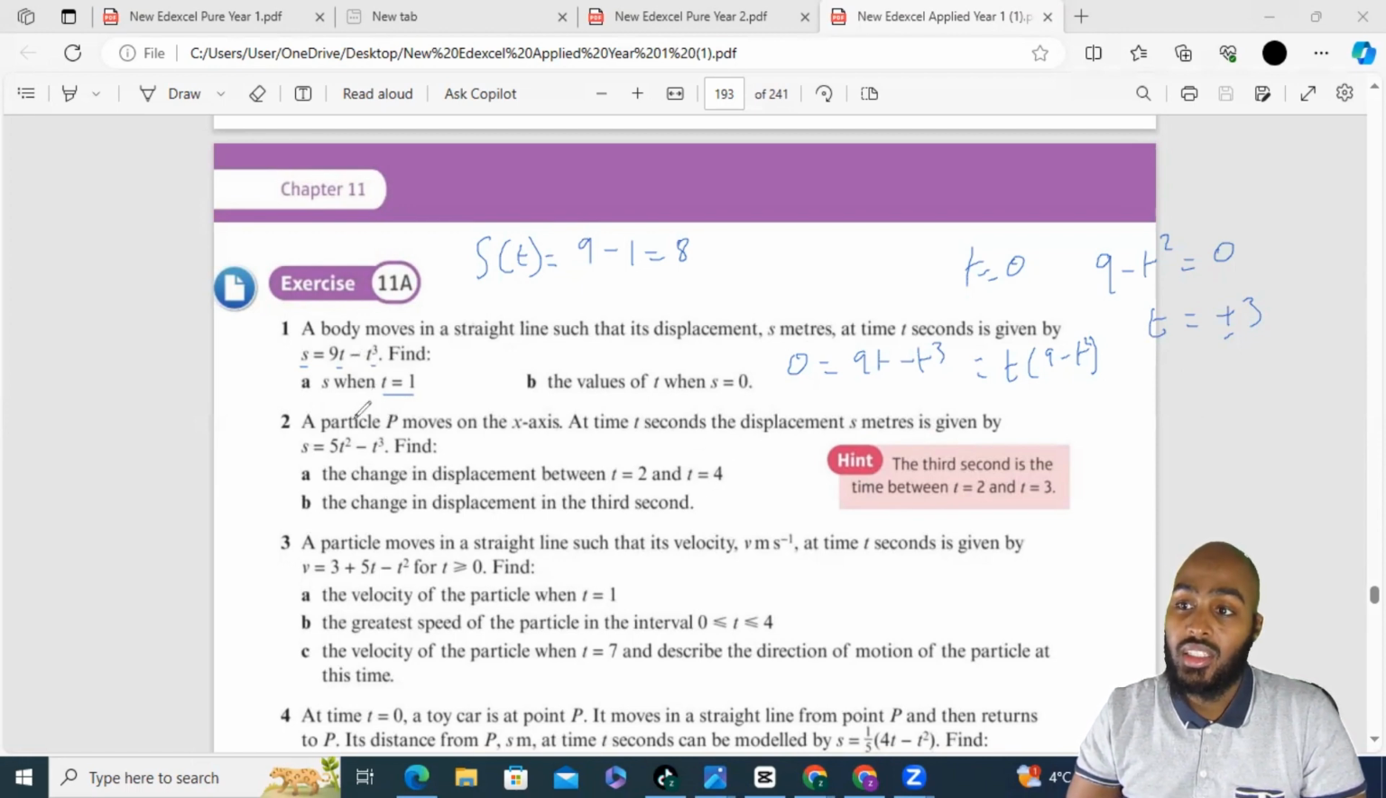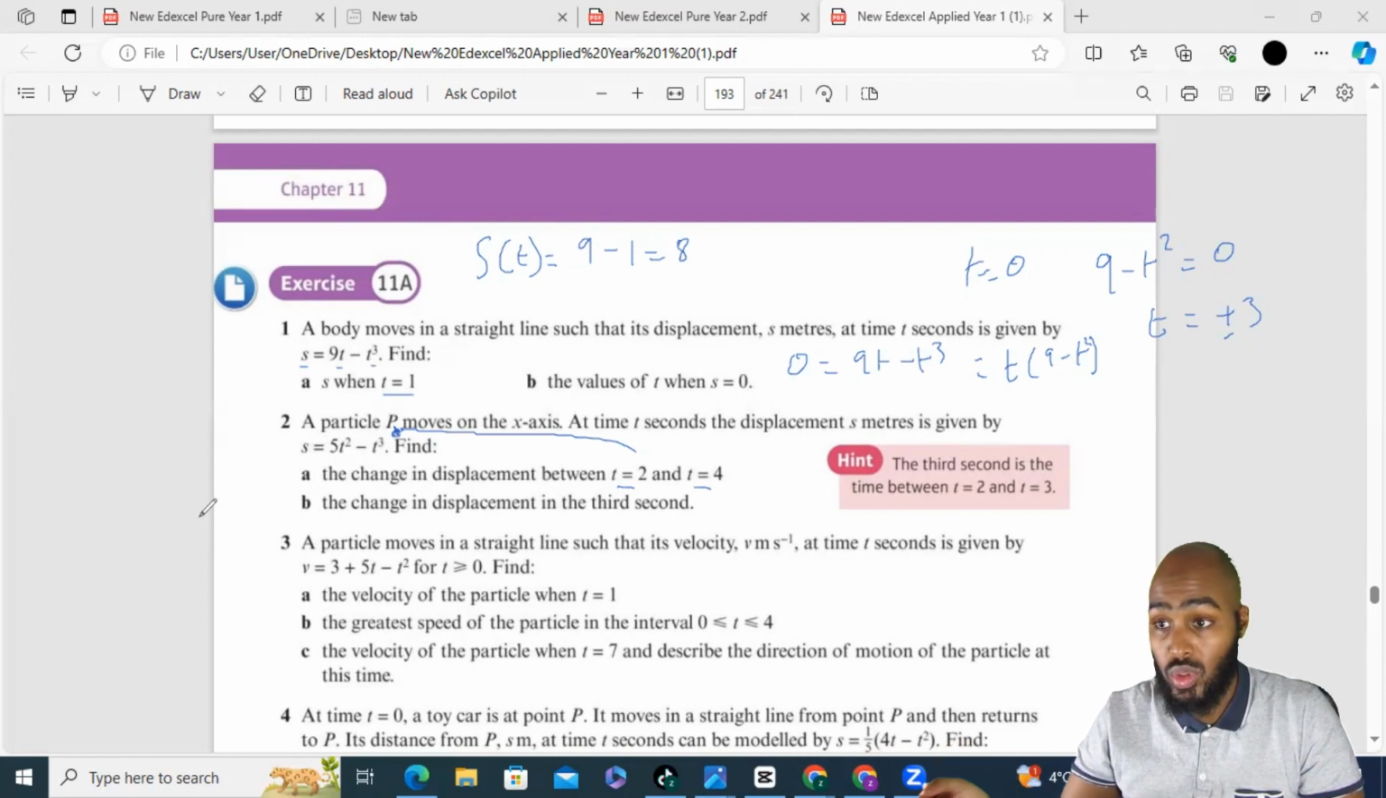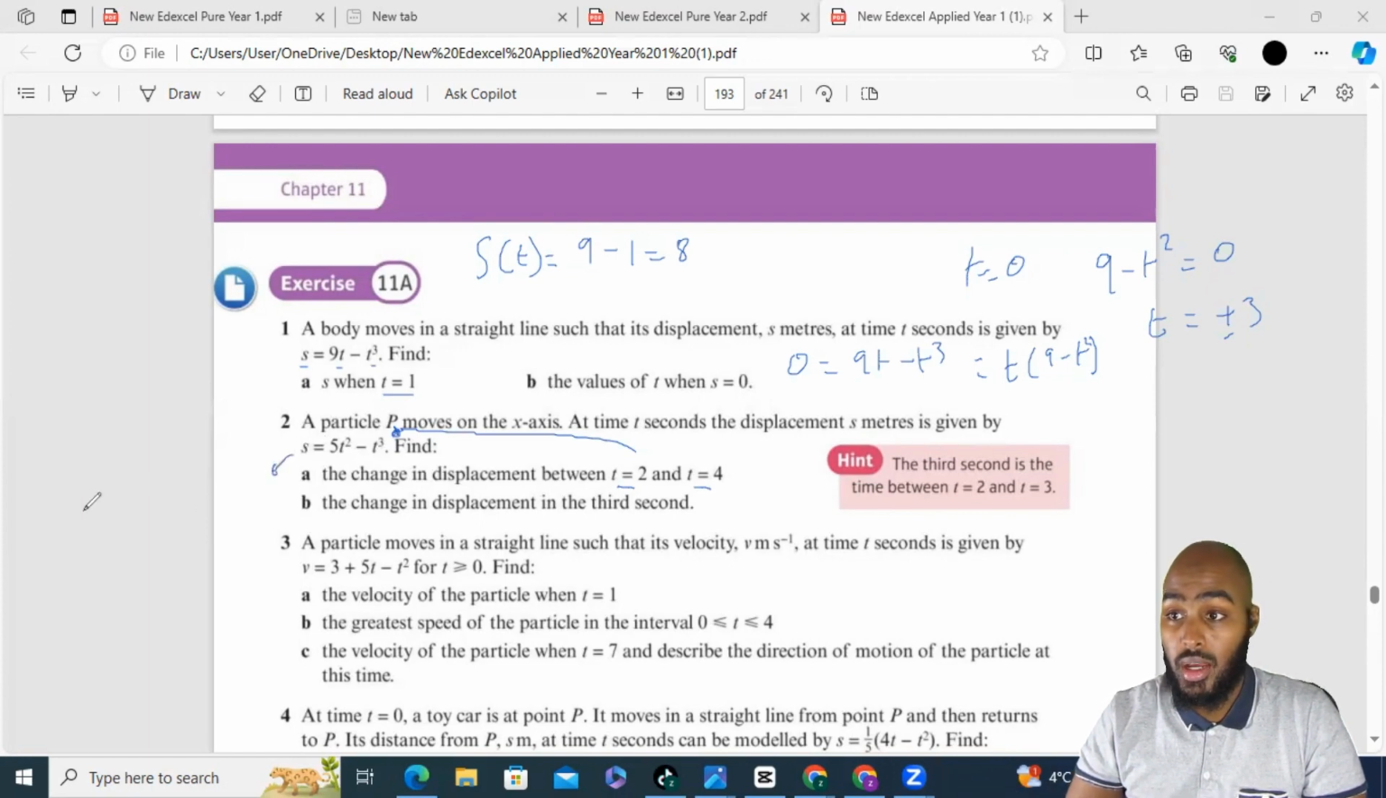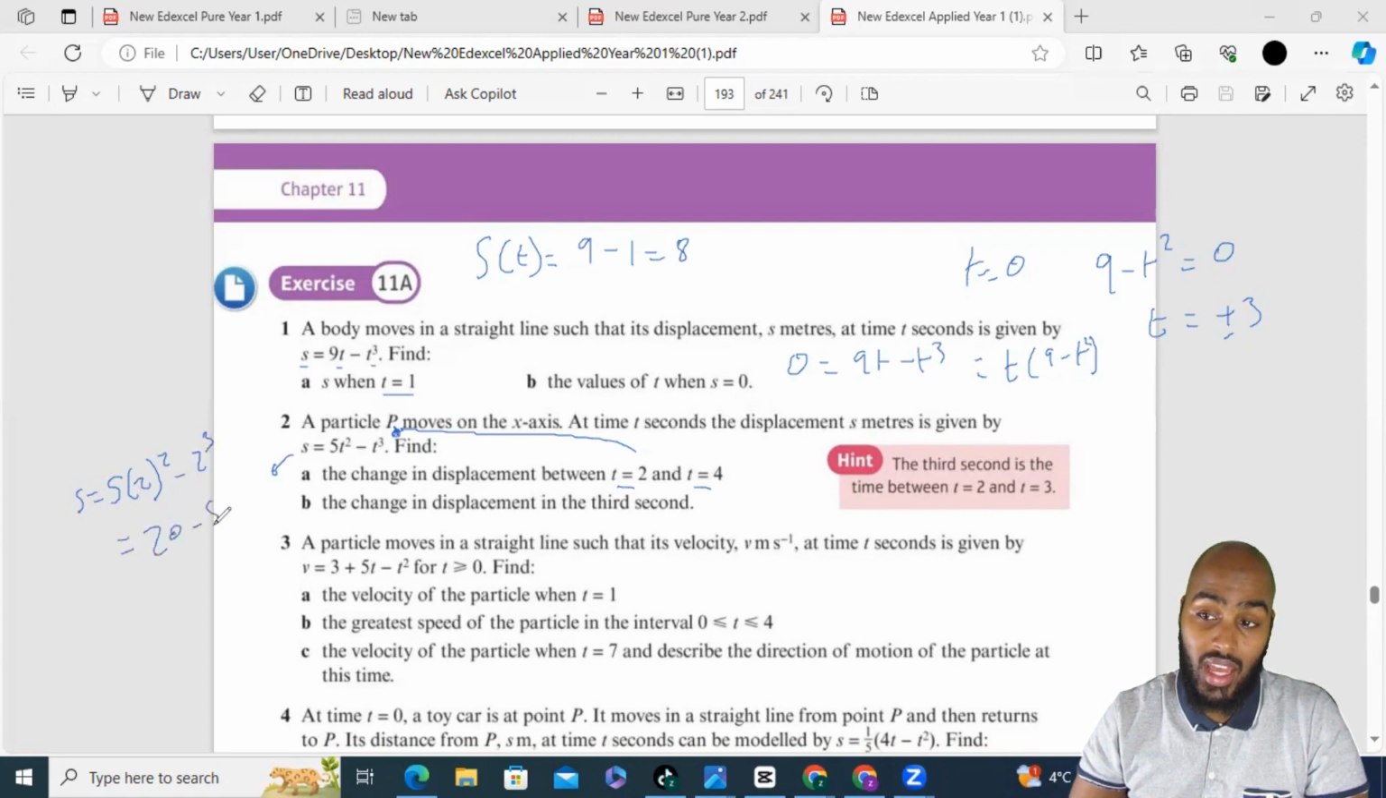Now let's look at this second question. Change in displacement between these two t's. Simply put these both into this formula and find the difference between them. Remember S is some function of t, so if we know what t is, we can find out what S is. So S is equal to 5t squared minus t cubed, which for t is 2 is going to give us 20 minus 8, which is equal to